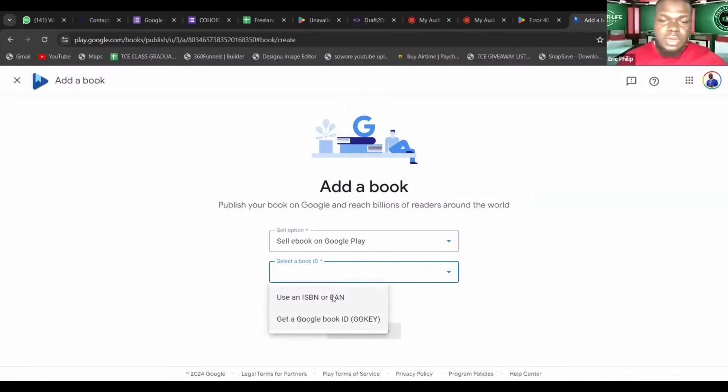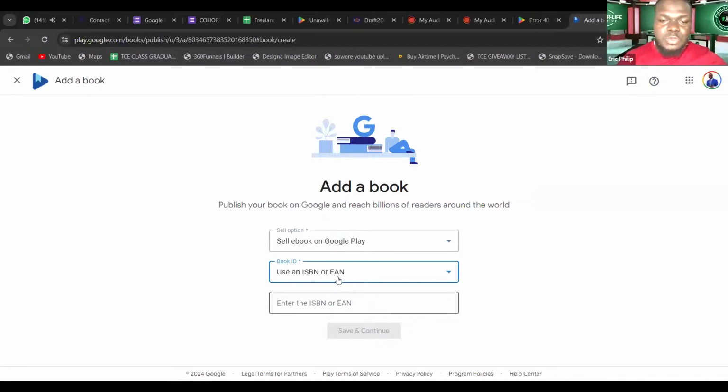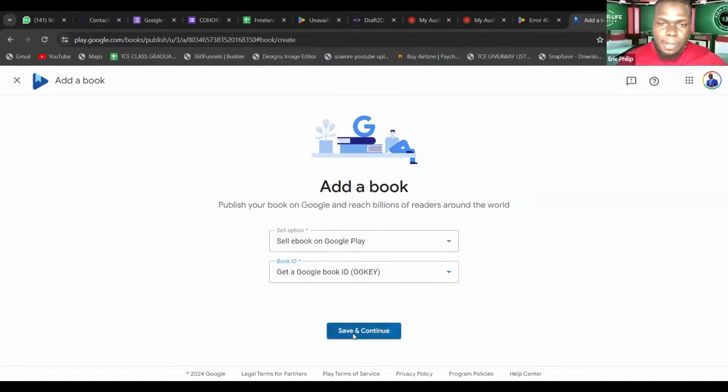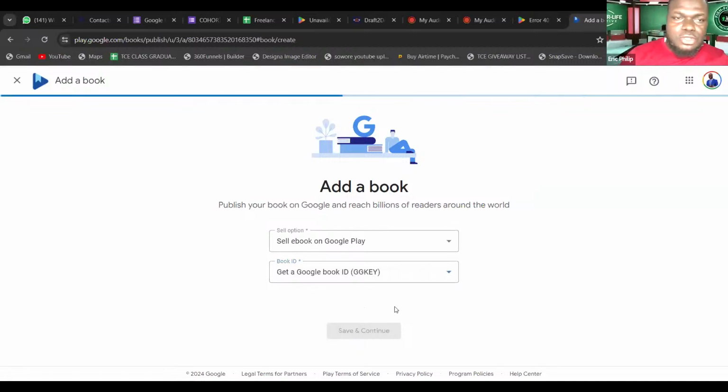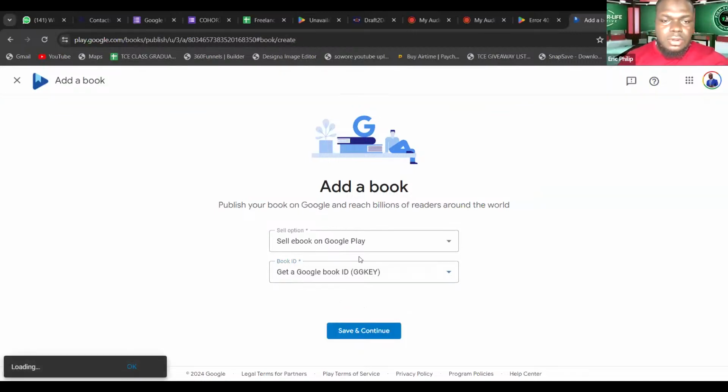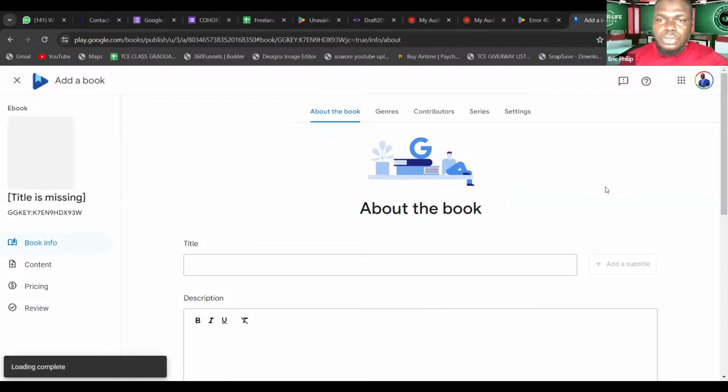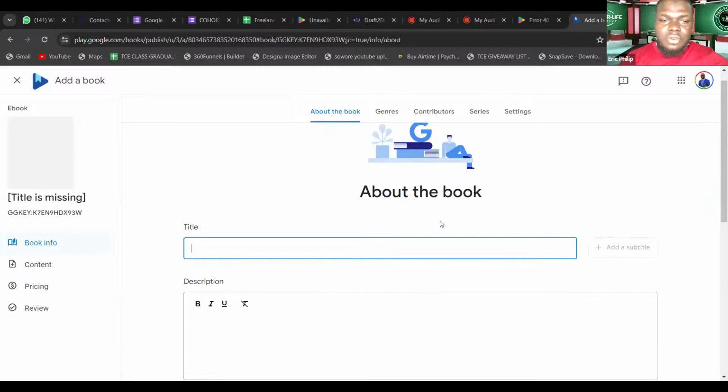If you choose this, it will ask you to insert the ISBN and that can proceed. So again, what you need is to click this option to get a Google Book ID, to give you this ID for free. And the next point of action is to click save and continue. Once you click save and continue, you're done and you begin to upload your book or publish that ebook you have